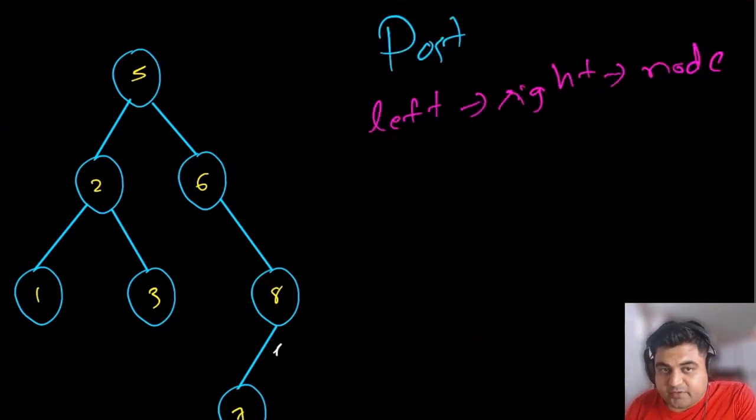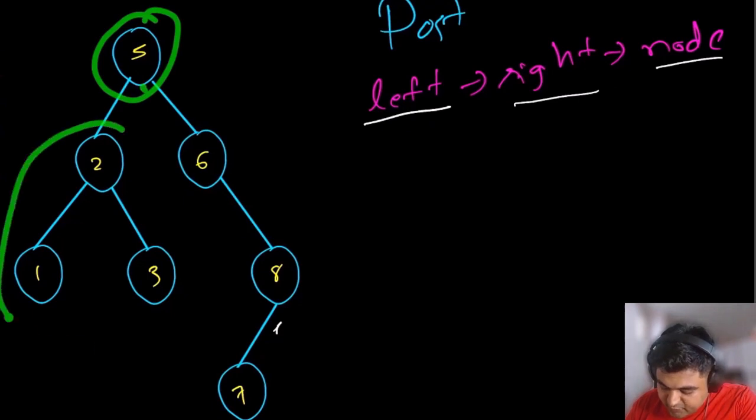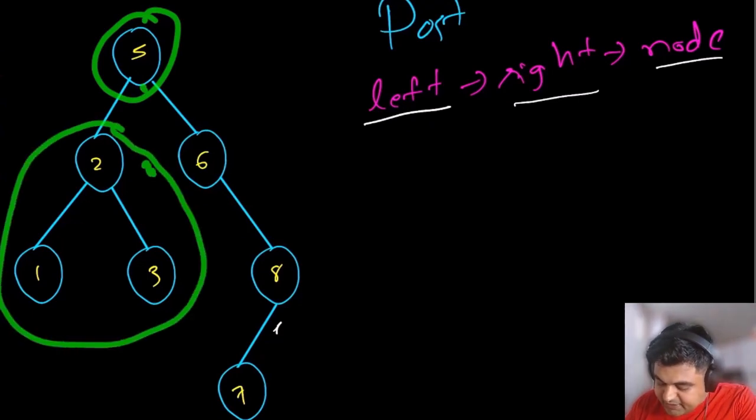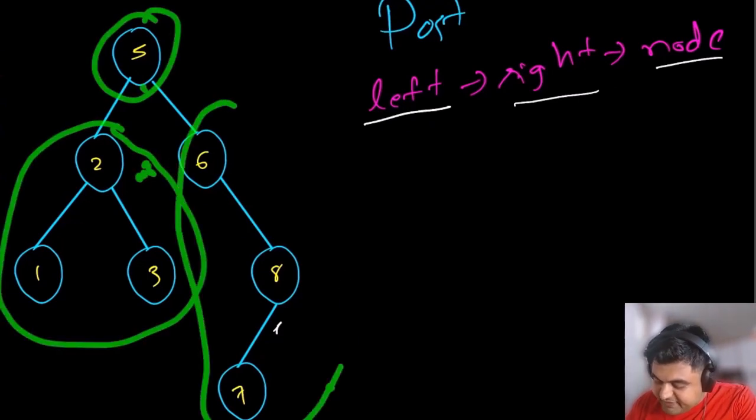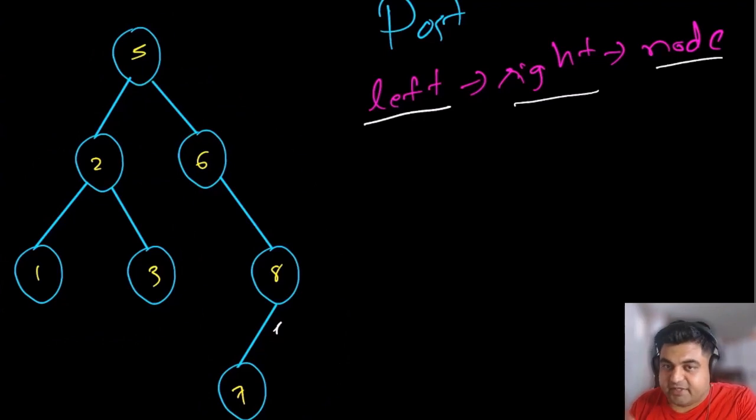Now in the post order traversal, first we are going to visit the entire left subtree for any root node. Then we are going to visit the entire right subtree, and in the end we are going to visit the node. So for the 5, first we are going to visit the entire left subtree. Then we will visit everything in the right subtree. Then in the end we will visit this node number 5, and we are going to iteratively or recursively keep on repeating the same process.